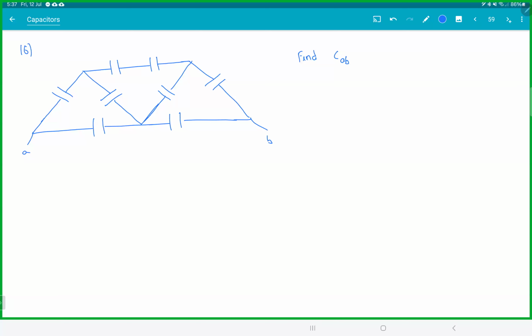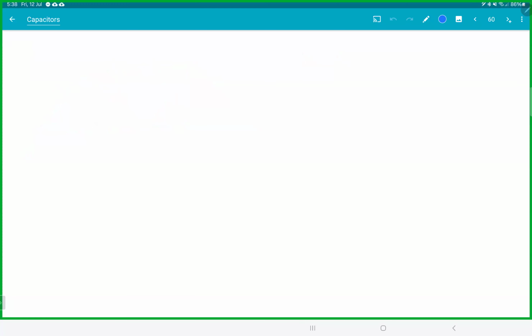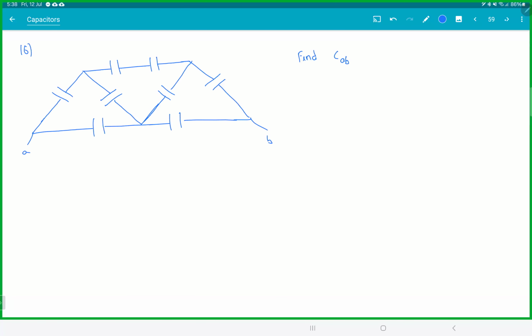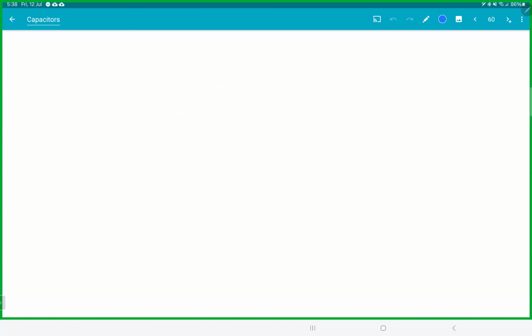Now, listen carefully. When you solve circuits, there are two types of symmetries. Not in this exactly, so listen carefully. We'll get back to this question. The first thing,